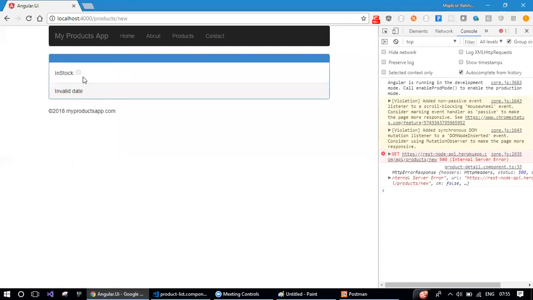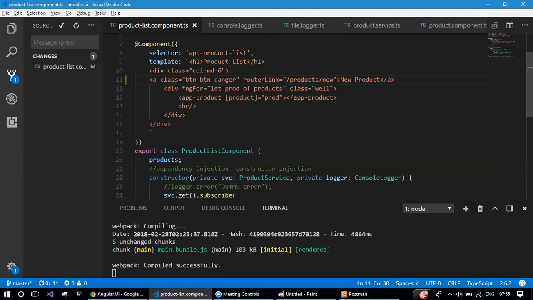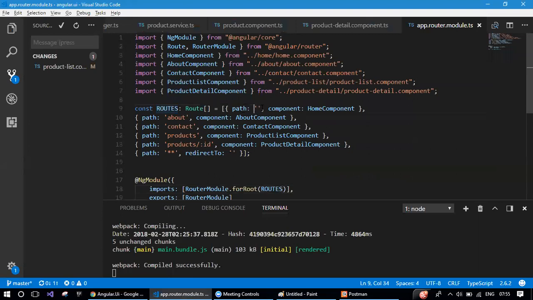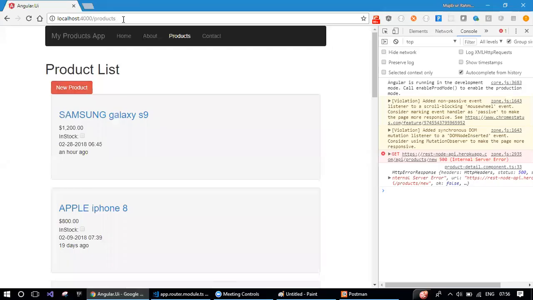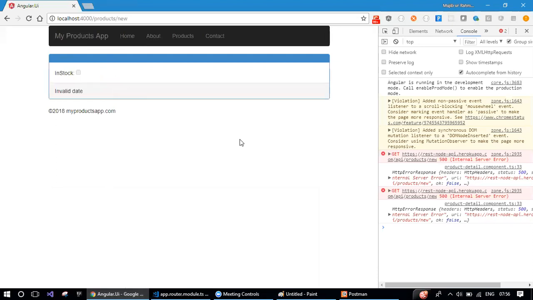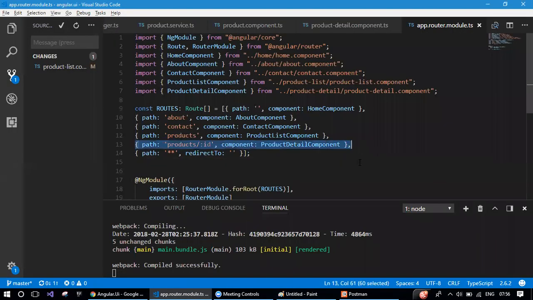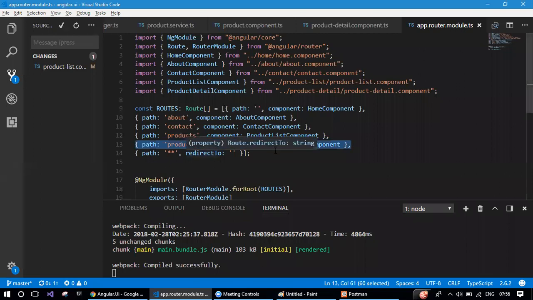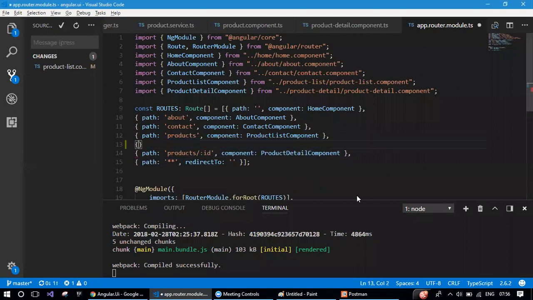Okay, when I click on this, actually it is going to the product detail page. Don't worry about that. The reason is Angular matches the routes from top to bottom. It checks whether this route is matching, it checks this one, and checks this one. And here the interesting stuff happens. It is coming as product/new. The "new" is considered as an ID in this case, so it is navigating you to the product detail page. You're not getting any data here, but it is taking you to this route. The reason is obvious: product/new and product/ID look similar. Anyway, I'll add here